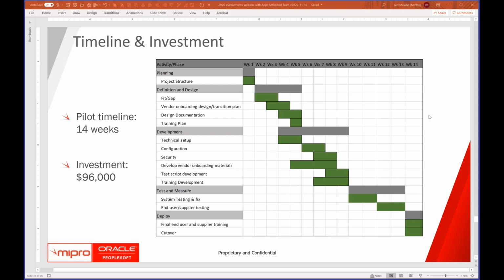The major activities upfront are creating the project structure, going through a definition design, and doing a fit gap, seeing which of those features and functionality you want to deploy and what fits for your organization. Then creating the vendor onboarding design and plan, creating the design of PeopleSoft, creating the training plan, and doing the technical elements of the setup of the portal, the workflow, and the security, configuring the product,